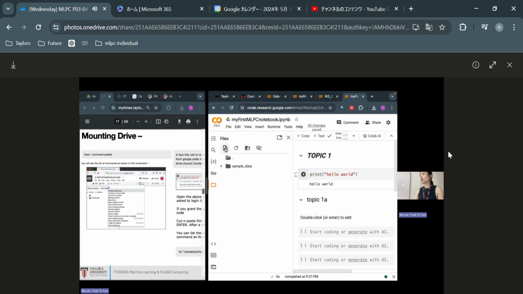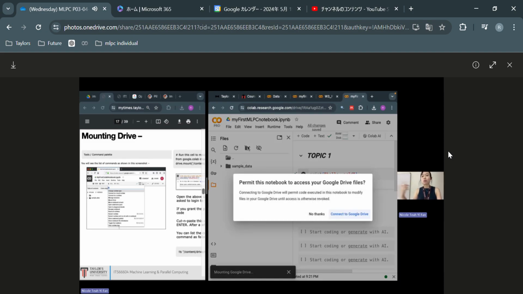The first icon will allow us to upload any data set into this environment. The third icon here will allow us to mount this notebook, or connect this notebook, to our Google Drive. So once we click on this button, it will prompt us through several steps so that we authorize this notebook to